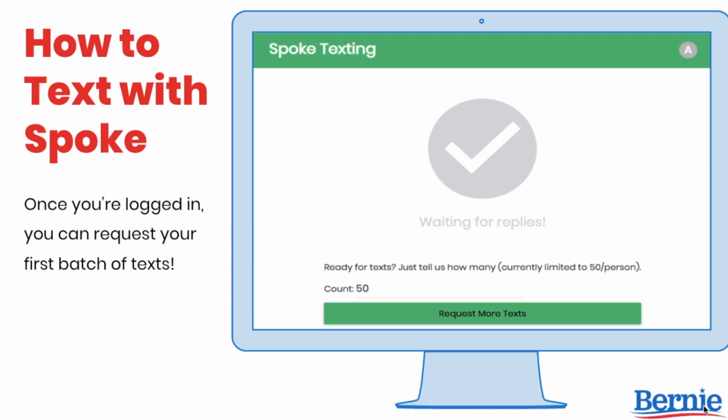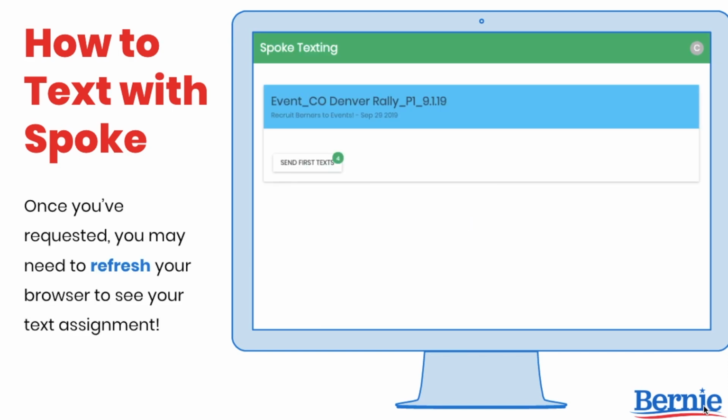Once everything is synced, you'll see this screen indicating that you're logged in and ready to request your first batch of texts. Generally speaking, we text 7 days a week from 9 a.m. Eastern Time to 9 p.m. Pacific Time, excluding all federal holidays. However, we do occasionally have slower days when texts are not always available. To see if we're texting at any given time of day, and we probably are, just scan the new Texters channel, where our volunteer support will be posting regular updates on the day's texting activities.